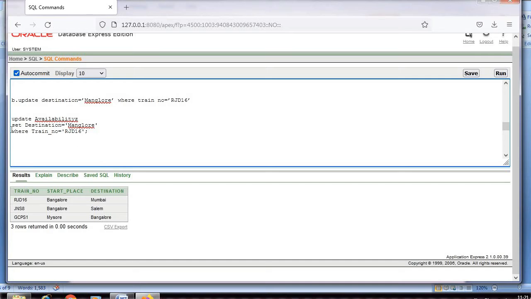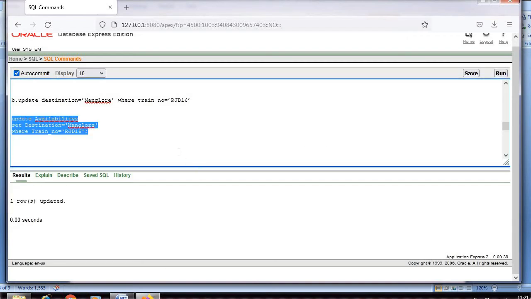Okay, so I'll run this first and then I'll show you. You see the result down now. RJD16 start place is Bangalore and destination is Mumbai. What they want here is that for the train number RJD16 whose destination is Mumbai, change it to Mangalore.